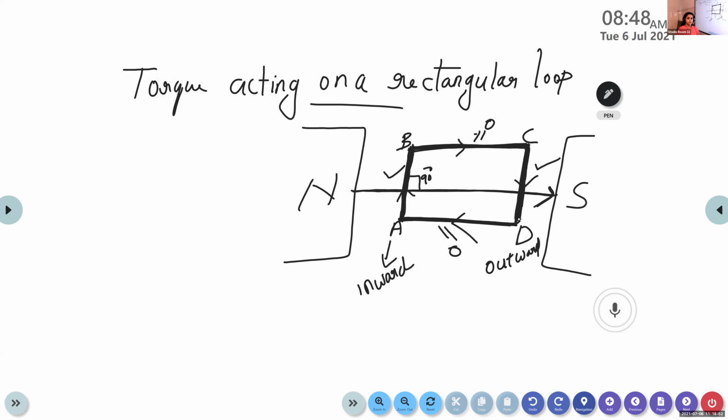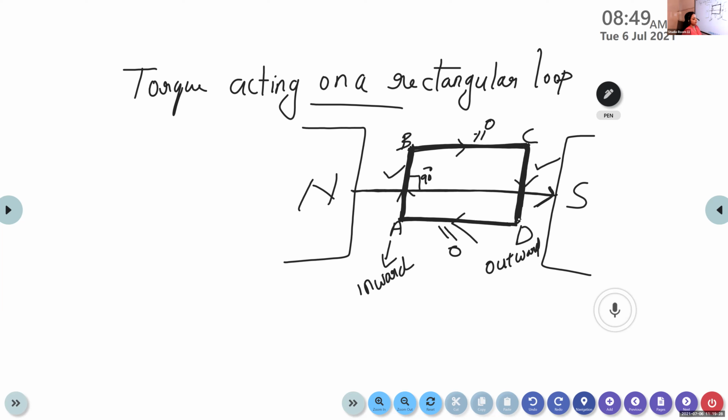In our previous chapter on electrostatics, we also derived an expression for torque. Do you remember that? Torque is nothing but the rotational effect of a current carrying conductor inside an electric field or magnetic field. Here we consider the rotational effect of the current carrying conductor inside the magnetic field. So the rotational effect of this current carrying rectangular loop inside this strong magnetic field is known as torque. And here we want to find an expression for the torque acting on this rectangular loop.